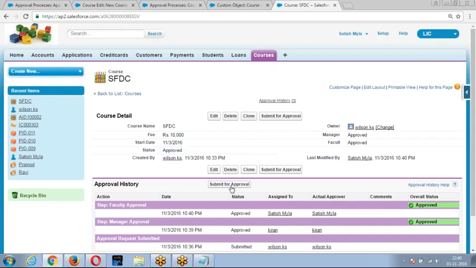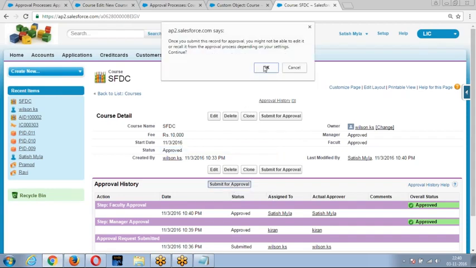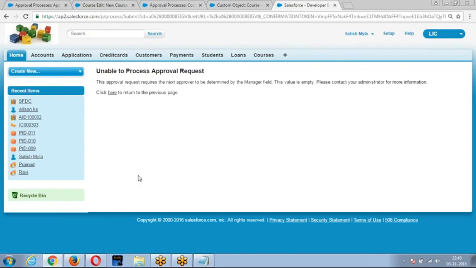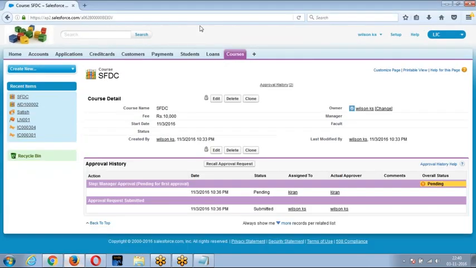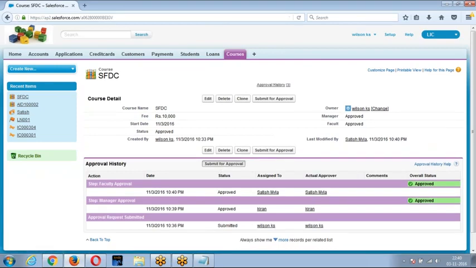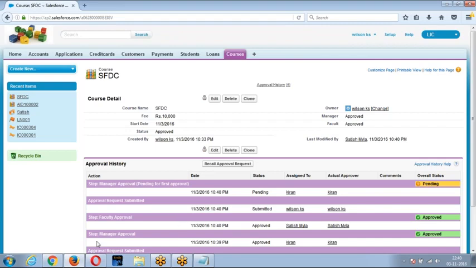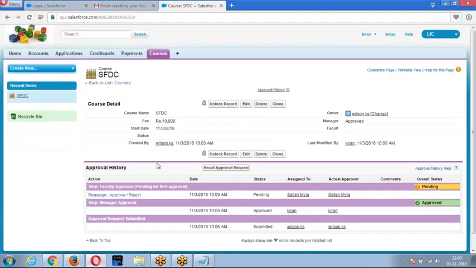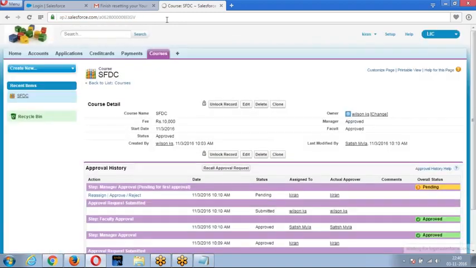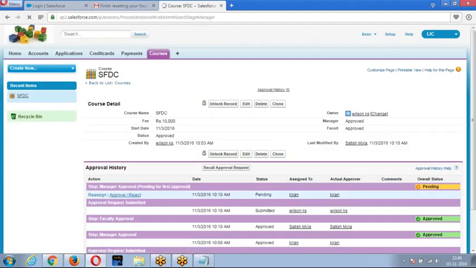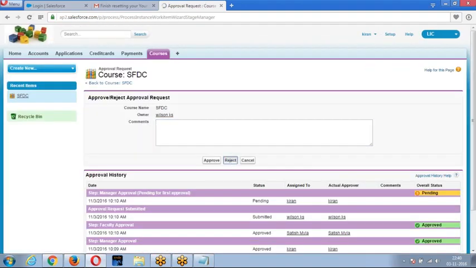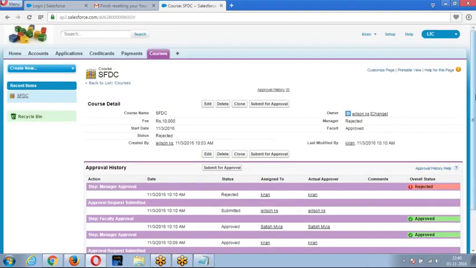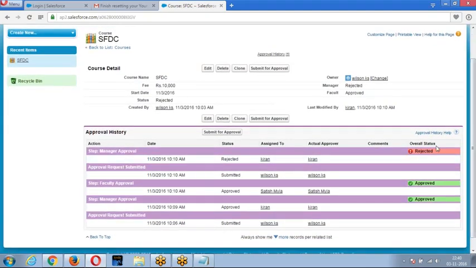If any one of the users rejects it, let us say again I am submitting the record. Wilson again submits the record, and this time Kiran is rejecting the record instead of approving it. If any one of the users rejects it, you get a status called rejected.